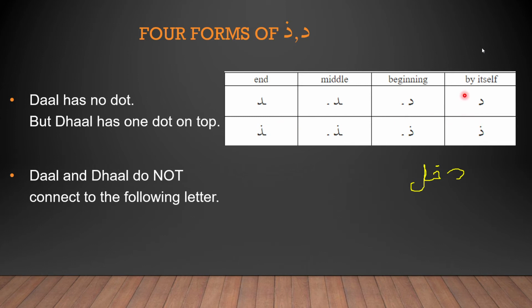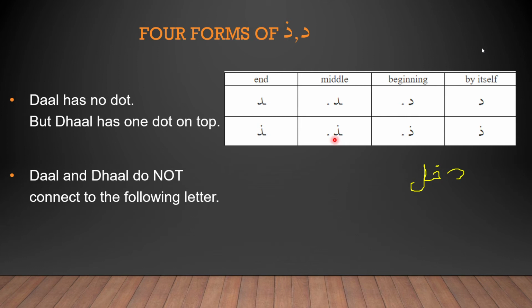As I've already told before, it's very crucial to concentrate upon the dots in the Arabic alphabet. The positions of the dots are extremely important, and that's the only way we'll be able to separate the two letters. Because if we see this dal and this dal, we'll not know which is the dal and which is the zal unless we look at the dot above. So I repeat, dal and zal are exactly the same in each and every form. The only difference is the dots. That's why in the Arabic alphabet it's extremely important to memorize the places of the dots.